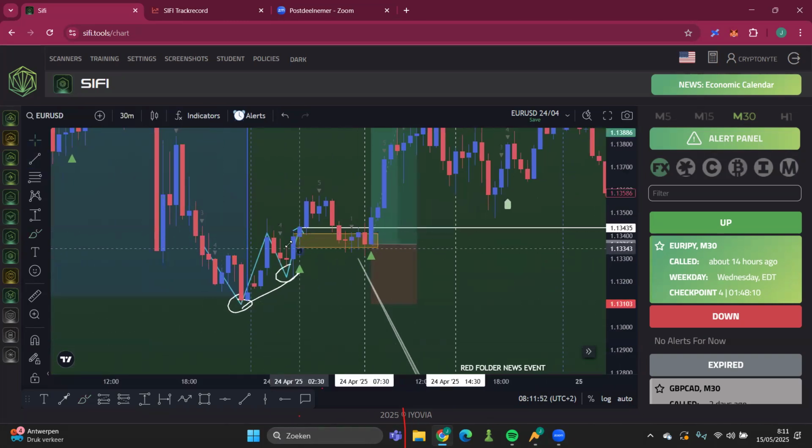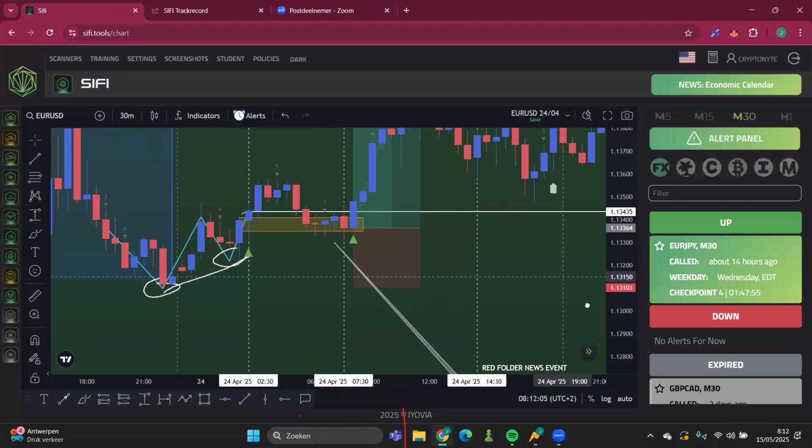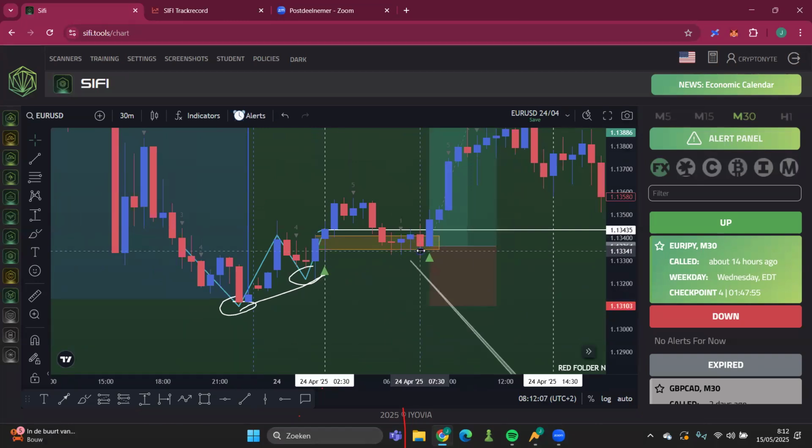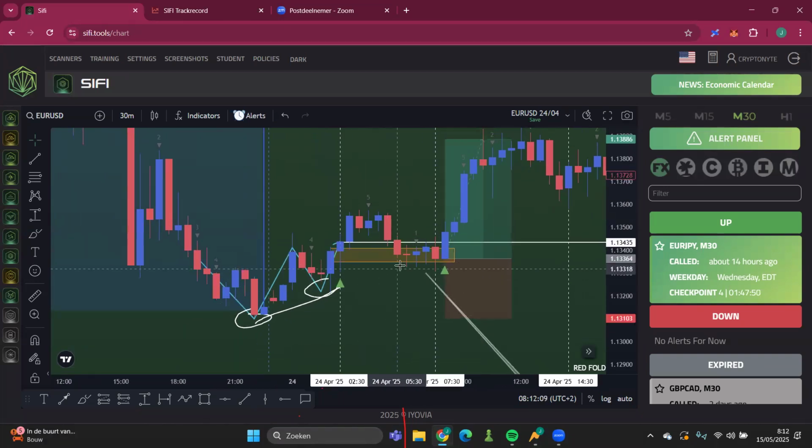And then from there, we had plenty of opportunity to enter. I know that we entered not at 2:30 in the morning. We entered during the session. So that's why I drew this little box. We entered during the session because I was sleeping at 2:30 in the morning, but during the session was like 7:30. That was even a better entry, to be honest. But anyway,